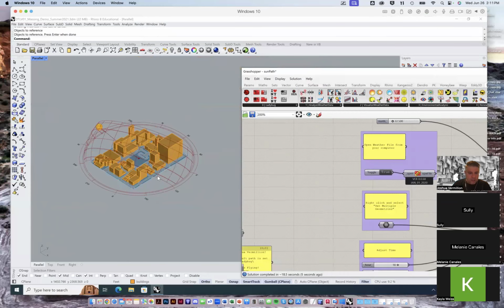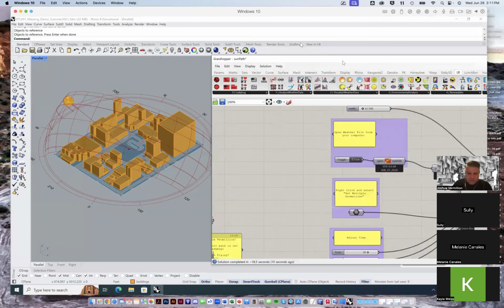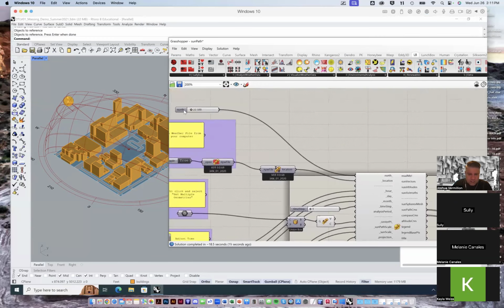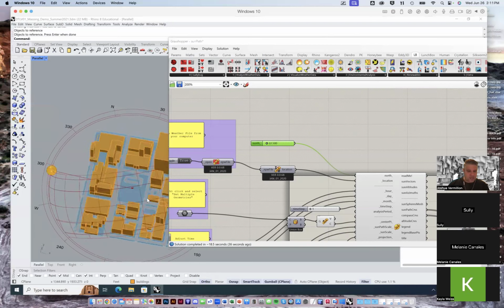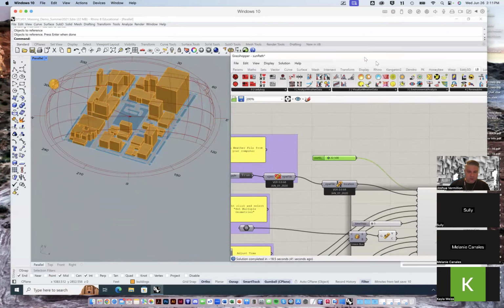Okay. And so now it's doing several things. First of all, I can tell it exactly where north is relative to my model. I turned my model so true north wasn't in the y direction, but I could model in x and y along the street grid. So this is where I can compensate for that and tell it that true north is actually 22.5 degrees counterclockwise to the y position here. So you can see where north is on my compass. And then it begins to